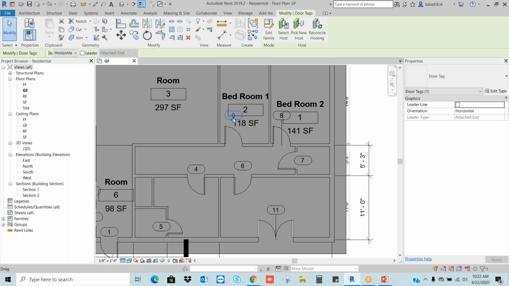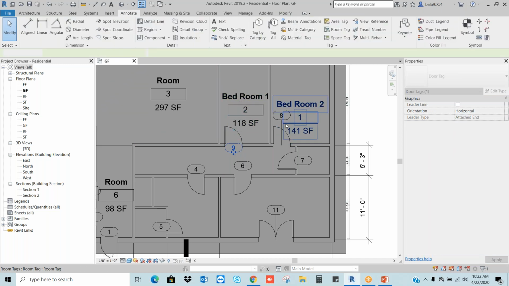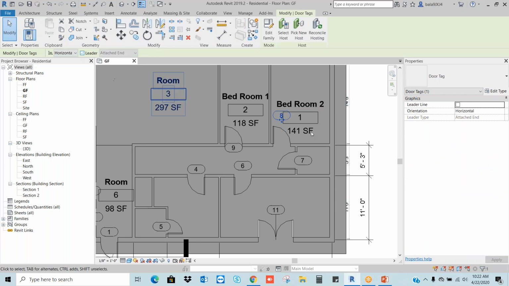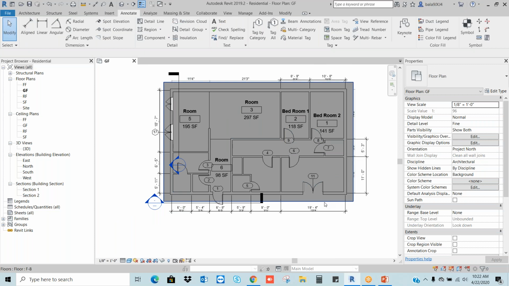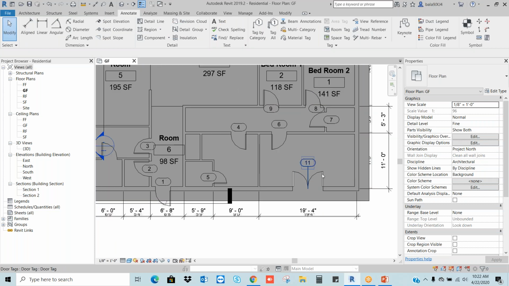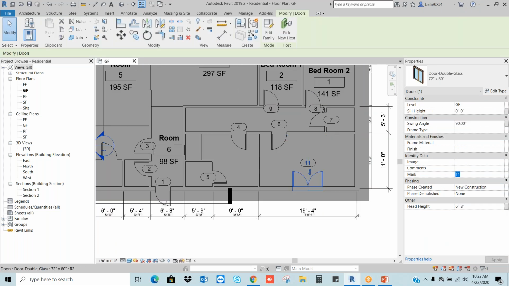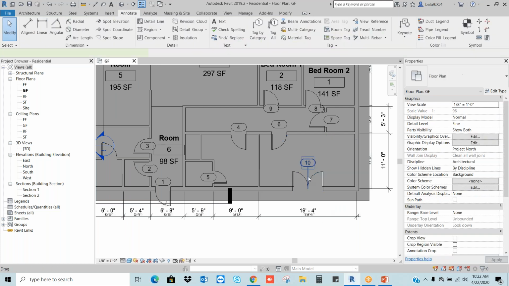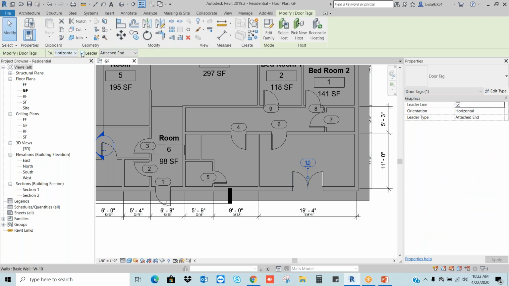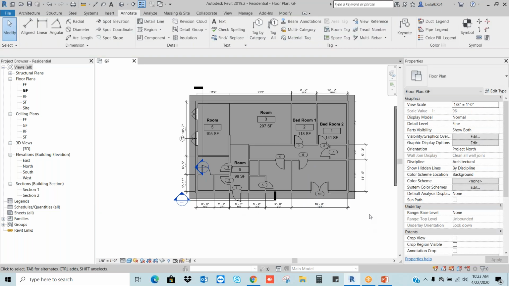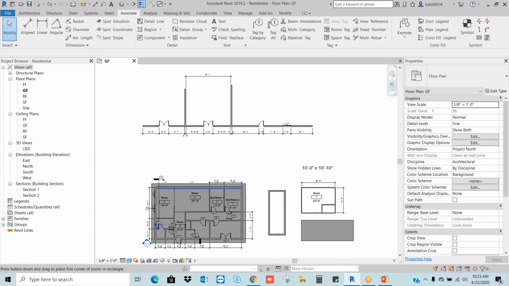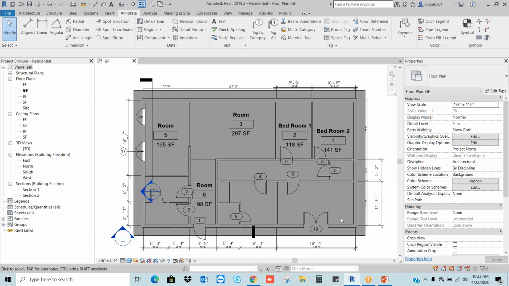Remove the leader. Okay, so this door number is 10. Correct. I want to remove this. Just select it, adjust wherever you want, then place. Understood? How to place the door numbers?